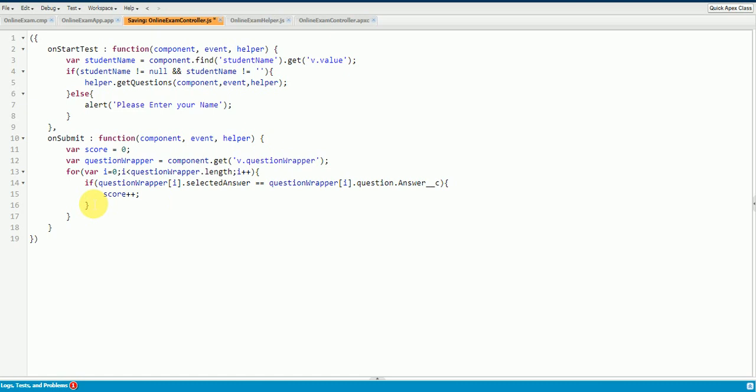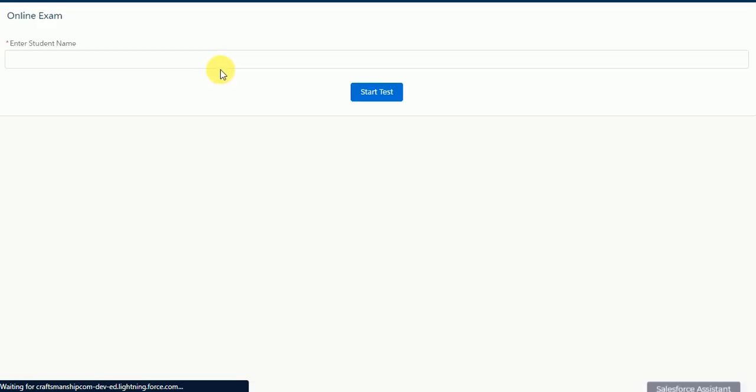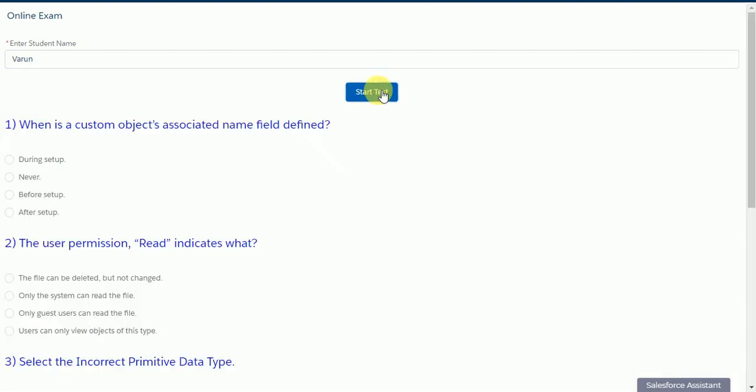Once I come out of the for loop, I'll print my score: alert, your score is plus score. Now if I go back to my application and refresh this page, I'll start the test, click on start test, and answer some of the questions.